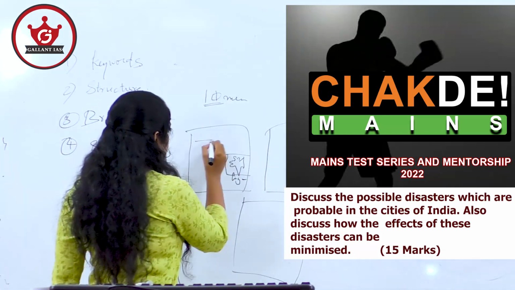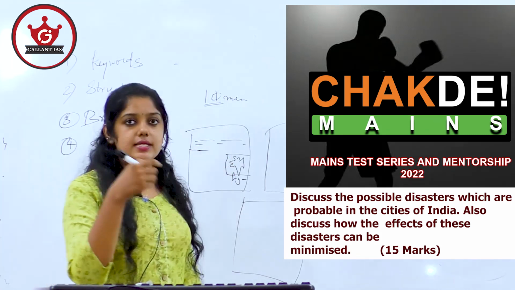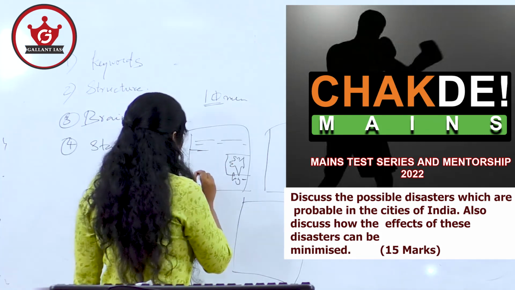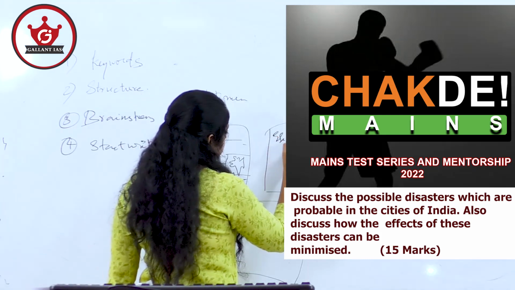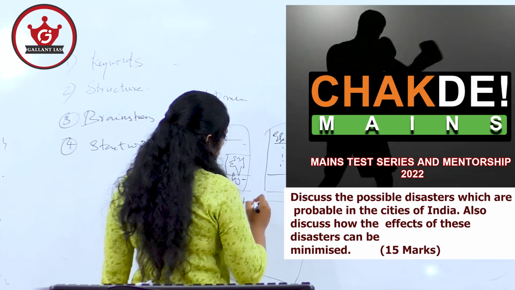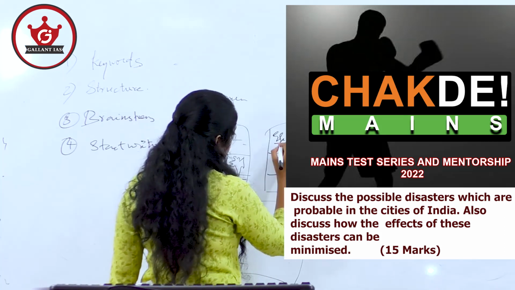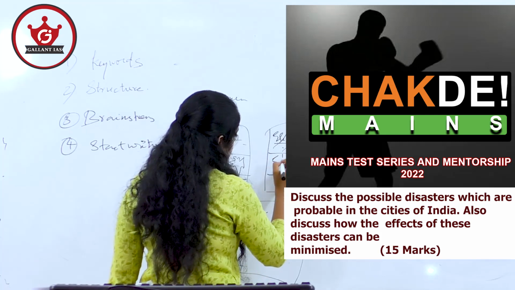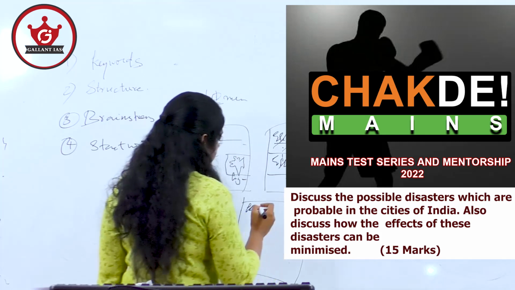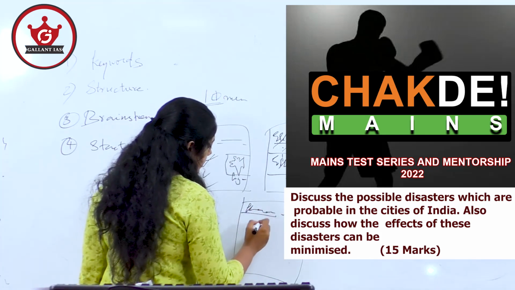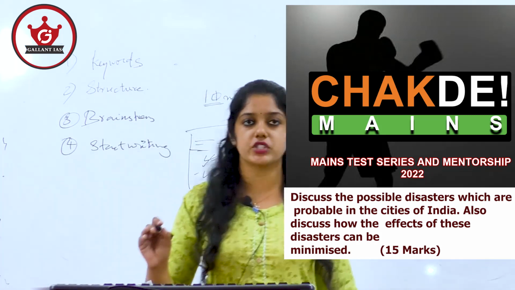You can write the intro in 2-3 lines. Next, what are the possible disasters? You can classify them as natural and man-made disasters. Then what are the effects caused? This page you will take, and mention the effects. And finally, how it can be reduced. The natural and man-made disasters will take almost this page, and for effects, you can draw a spoke diagram or something. You don't have to literally write everything. And finally, how it can be minimized, the last one page, and conclusion.